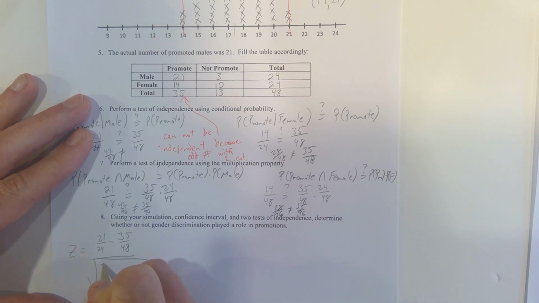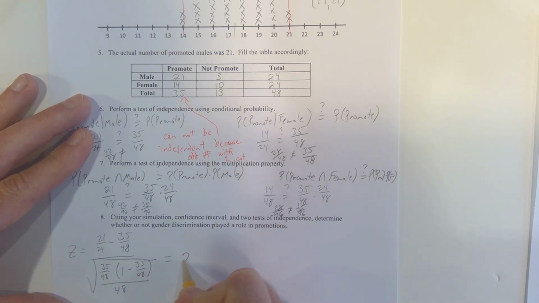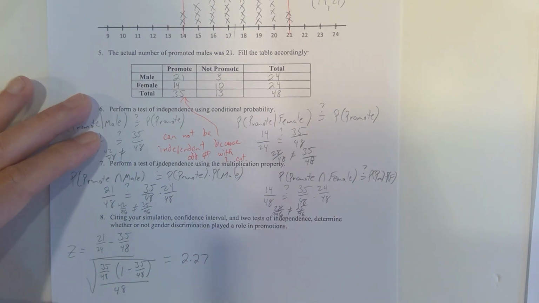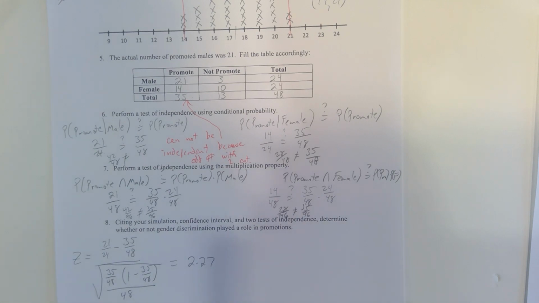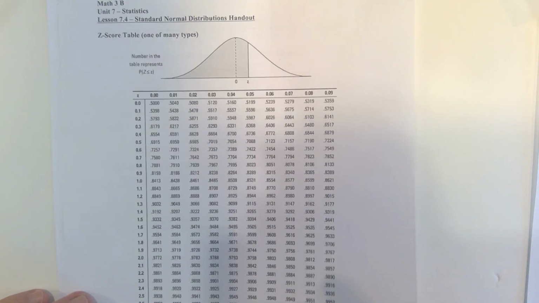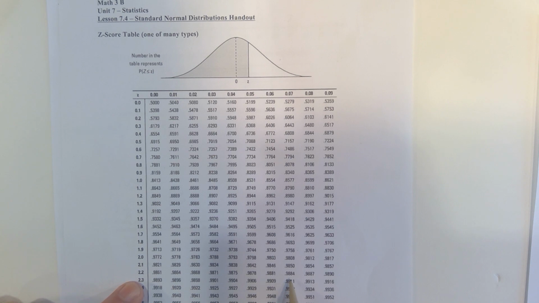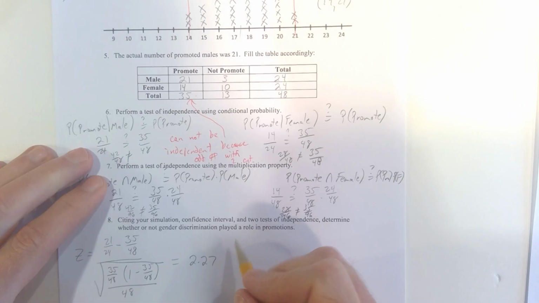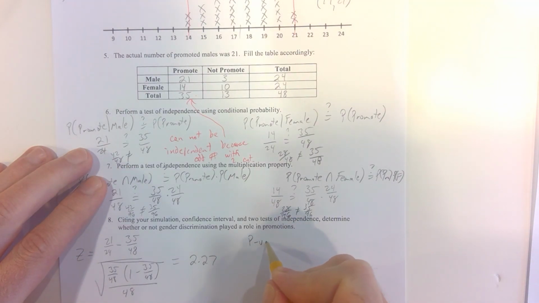Standard deviation should be based on the overall. Okay, work that z-score out. We get 2.27. Pulling out my handy dandy table, 2.27, that's quite a ways, right? So getting my p-value,